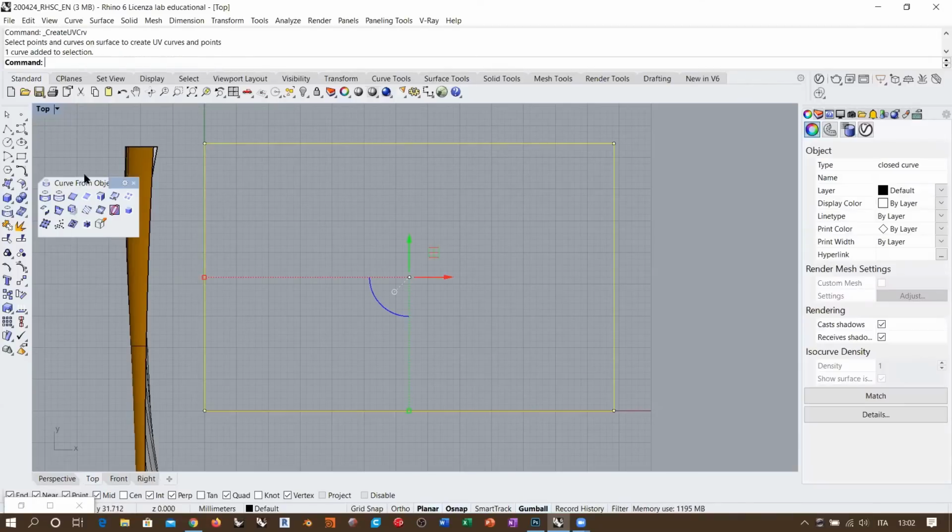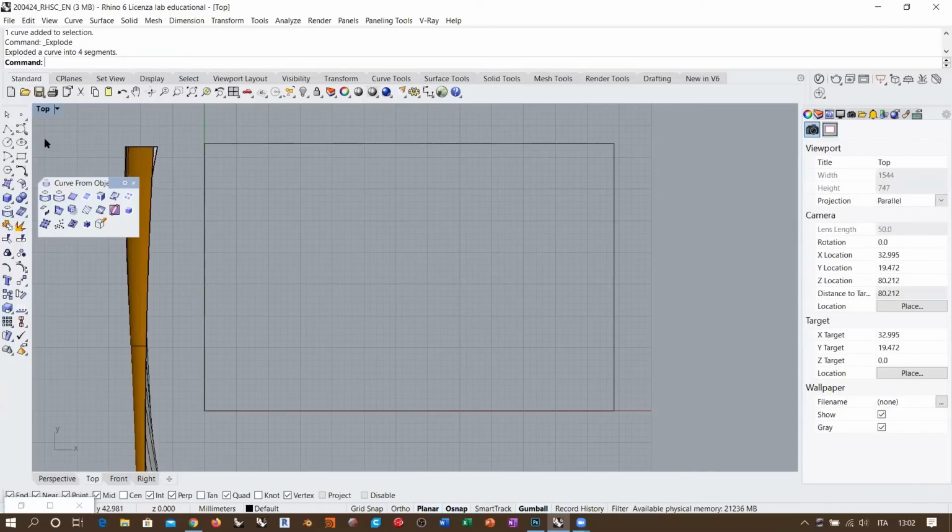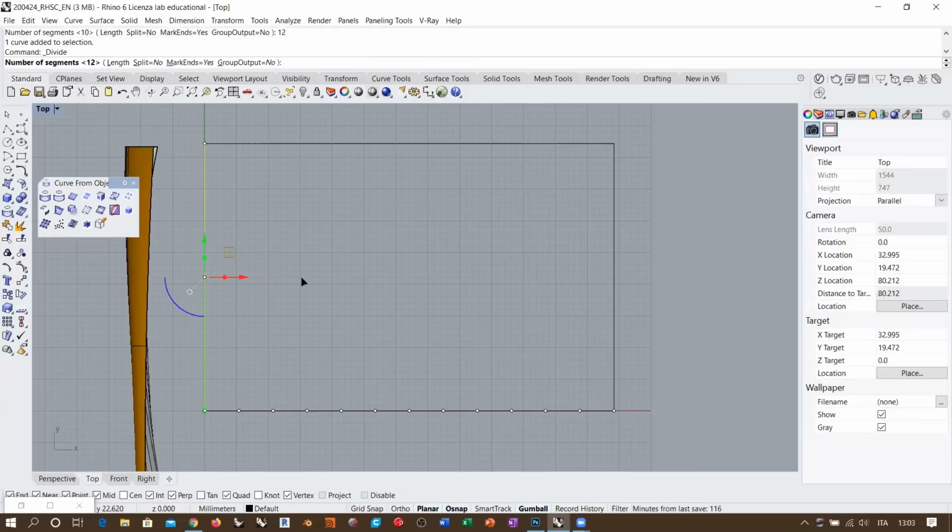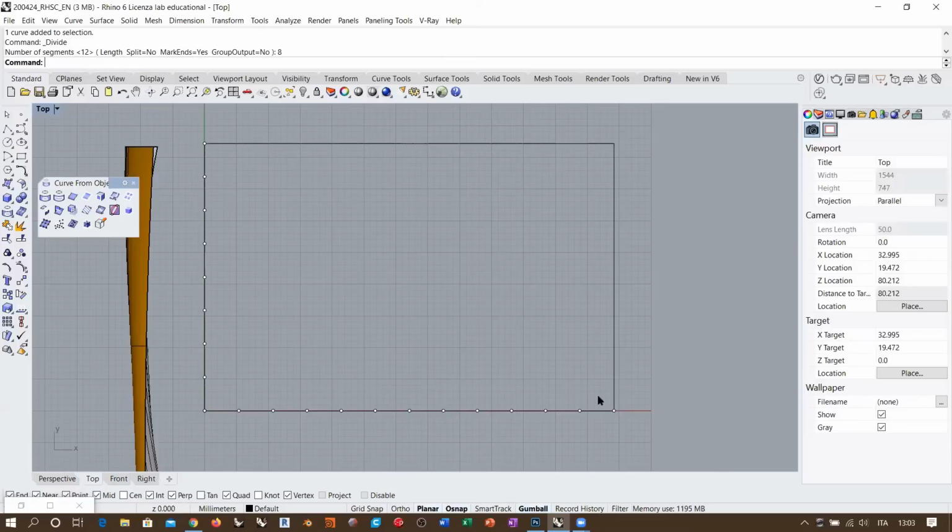If I take this object here, explode it, and divide by number of segments, I subdivide this side here by 12 parts, and this one I'm going to divide by 8. So I get these division points, and I know that this module here repeats 12 by 8 times